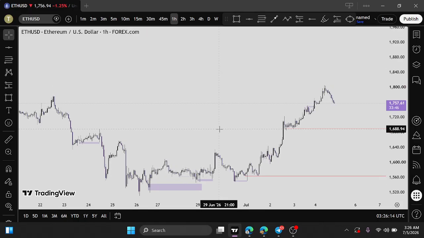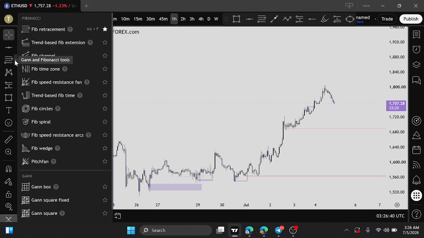Today we are going to be talking about our Fibonacci tool and how we can personally use it on our chart to improve how we get our trade entry and how we spot our liquidity, just using the tools the right way in the market so that you can predict the market the right way and trade the right way. The Fibonacci tool is simply by the side of your tools right there,